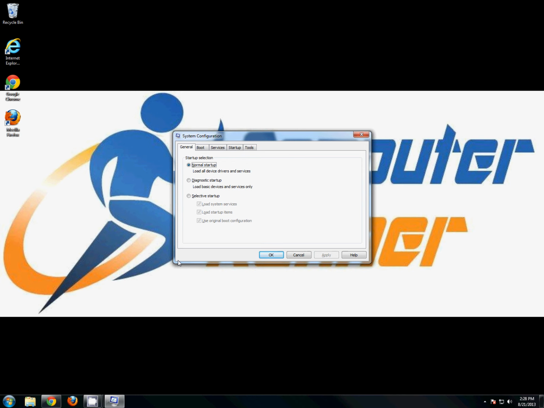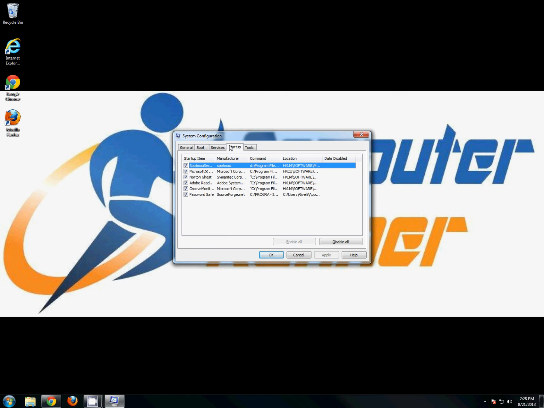Now, there's a couple of different tabs we're going to take a look at. The first one is essentially the Startup tab. Now, what you'll see is essentially, I double-clicked that, by the way, to show the entire name of the program that starts automatically when the computer boots. Now, if you want to increase the performance of your PC, you essentially